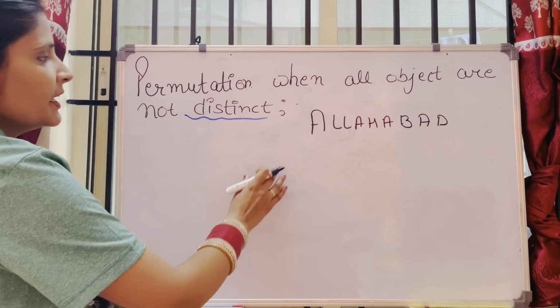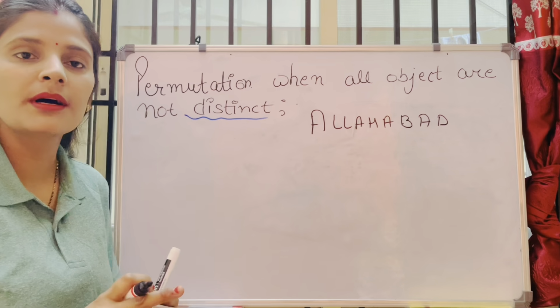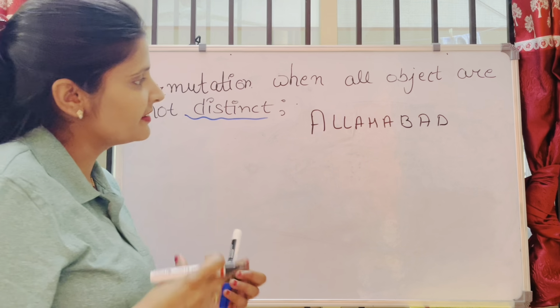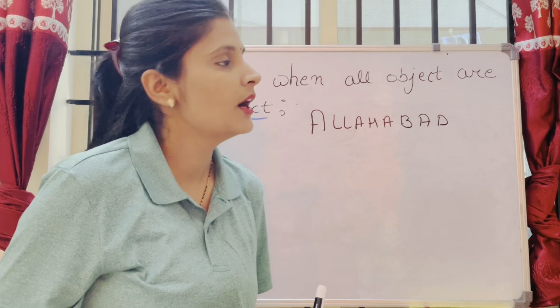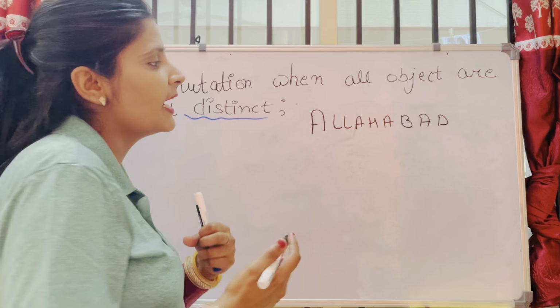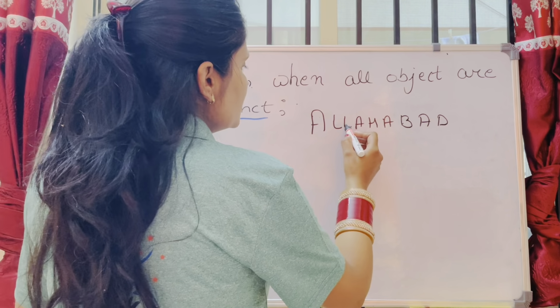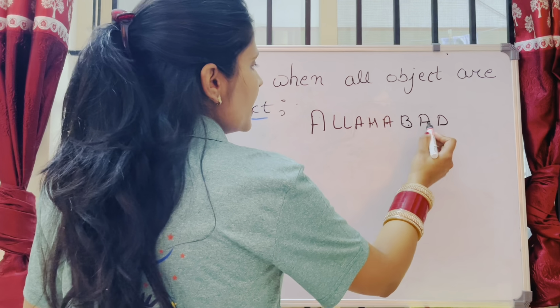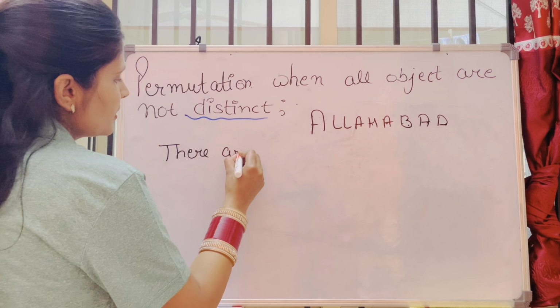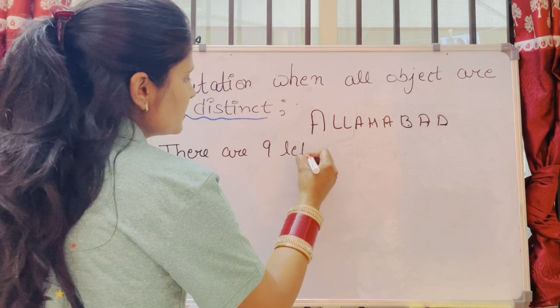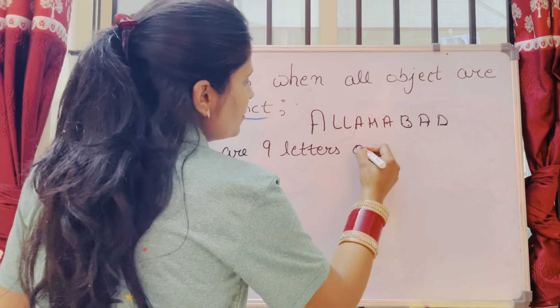Allahabad. So here, find the total number of arrangements, or we can say the total number of permutations, of the letters of the word Allahabad. In Allahabad, how many letters are there? 1, 2, 3, 4, 5, 6, 7, 8, 9. So there are 9 letters, out of which